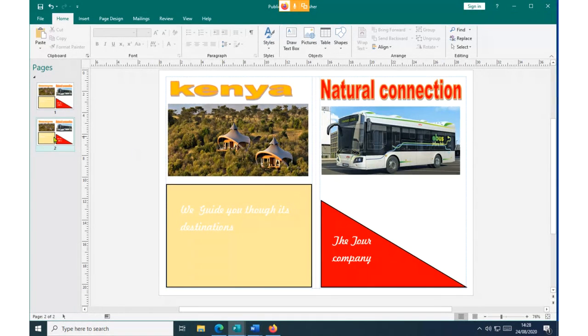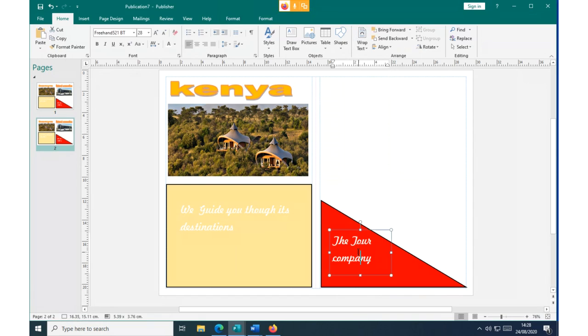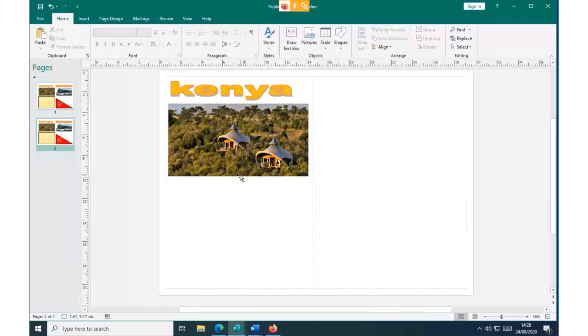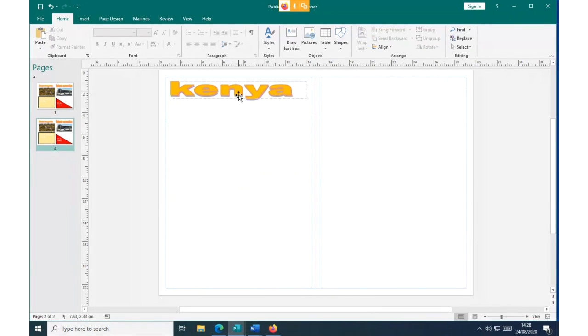So for the second page, since you don't want this content again, you simply remove all of it, because you don't need it again. You remove it so that you can now have your blank inside page, and then you can proceed. So I believe that was very clear. So we have the first page, and indeed now we have the second page.